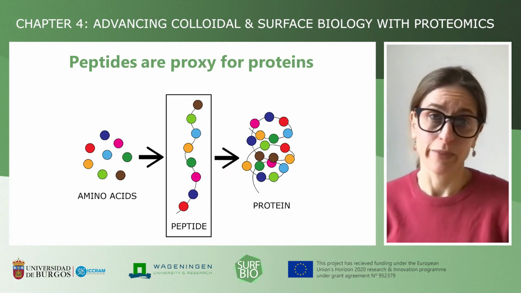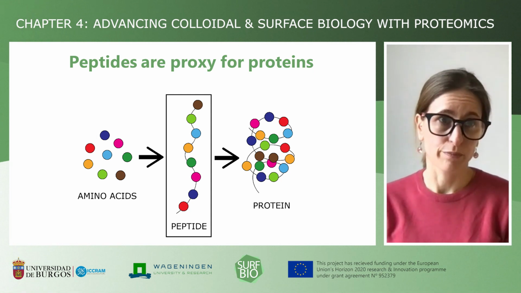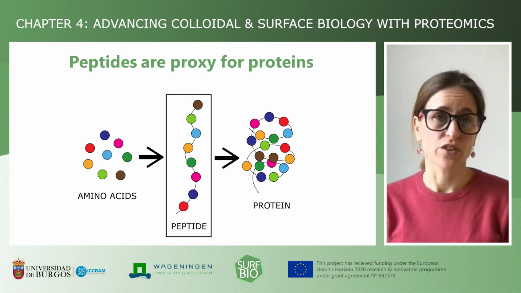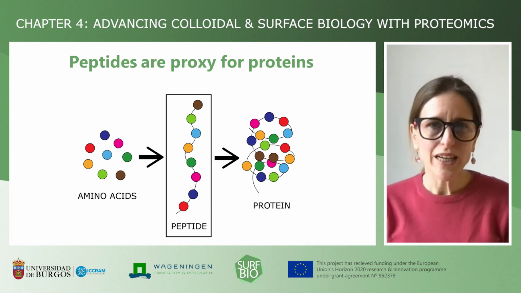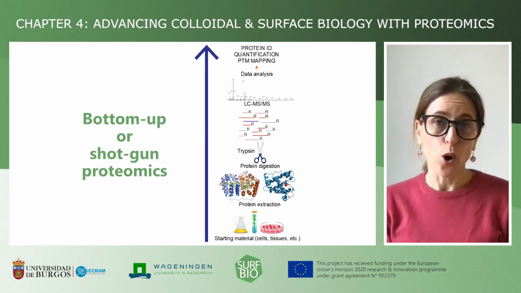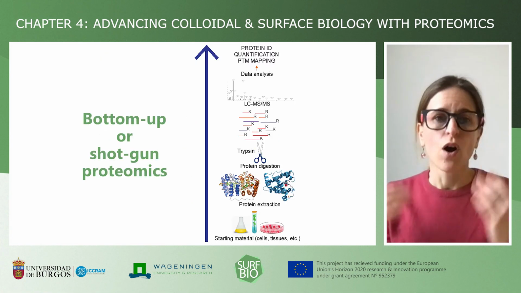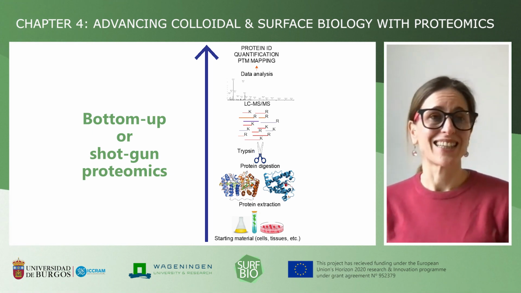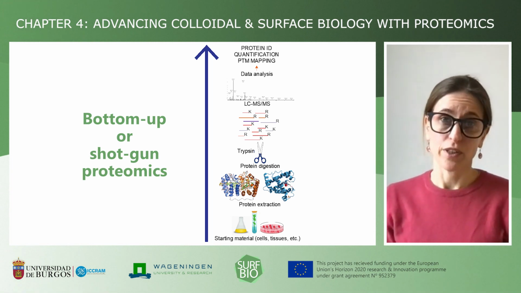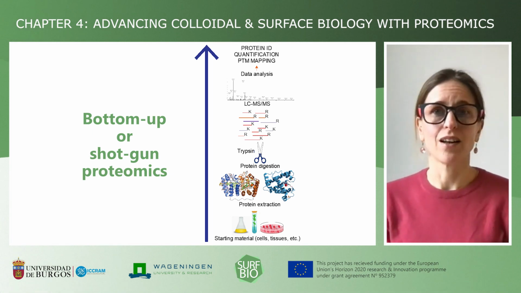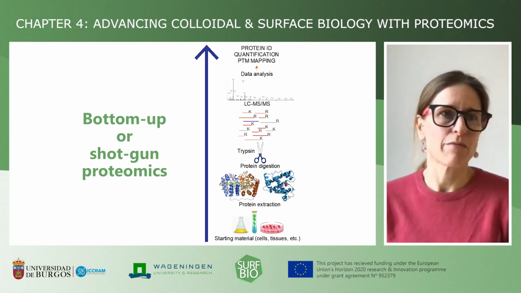Proteins are made out of amino acids bound together in a chain. We try to find out information about the identity of proteins with mass spectrometers by looking at smaller parts of their sequence, their peptides. This approach is called bottom-up or shotgun proteomics because we look at all proteins present at a given time through the analysis of their peptides. To obtain peptides from proteins, we use enzymes like trypsin. Trypsin is the same enzyme that digests proteins in your small intestine in real life.